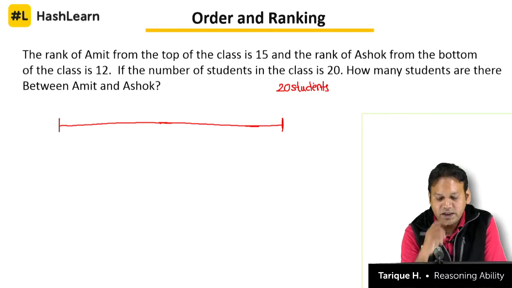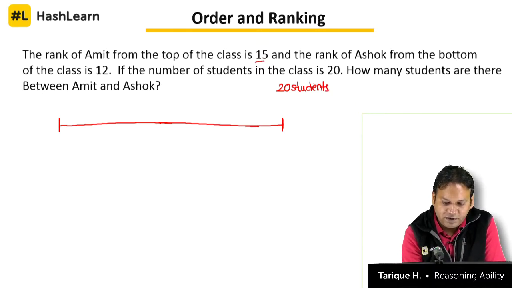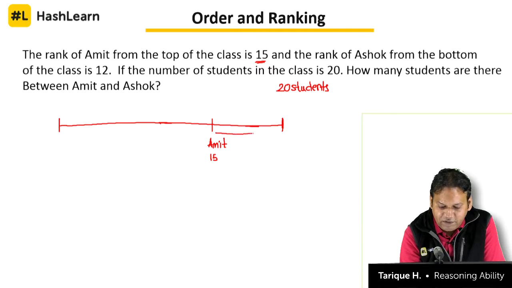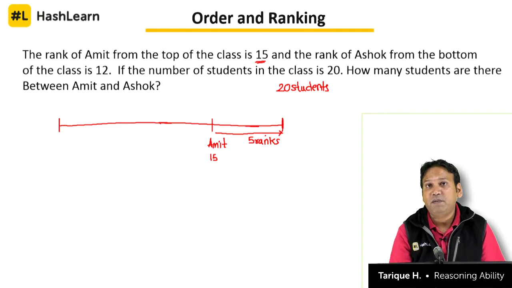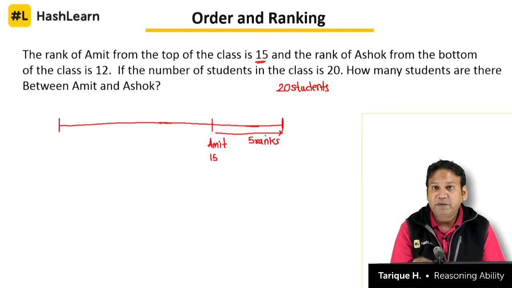20 students are there in the class. The rank of Amit from the top of the class is 15. So Amit's rank is here. This is Amit and his rank is 15. Clear? So that means that there are 5 persons below him, 5 ranks below Amit, because his rank is 15 and there are 20 students, so 15 plus 5 is 20. So the number of persons below Amit